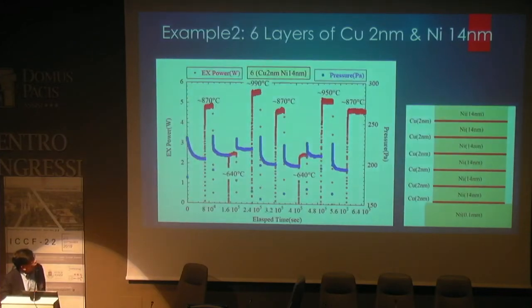Next one. We change the sample. And the other processes are all the same. If we use 6 layers, copper and nickel 6 layers, we got much more excess power like this, as you can see. If you compare,